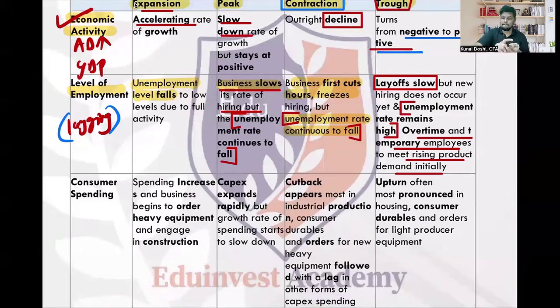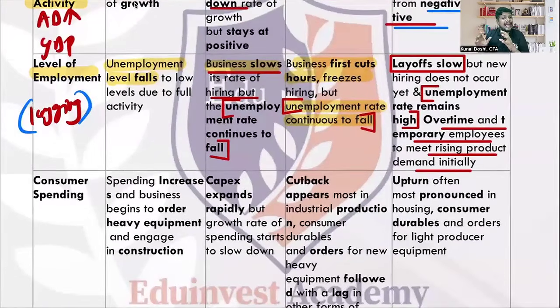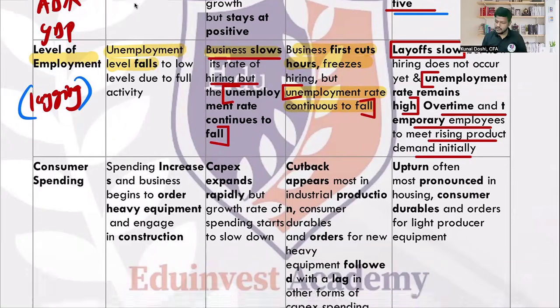So here, what happens at the bottom is where you are laying off. And even if you require employees, many of the employees are working at a temporary point. So unemployment is a lagging indicator, right? It will fall when the economy is growing, but when the economy shows signs of recession, the layoff point is at the bottom. However, it's a lagging indicator, so you will see its repercussion late. Even if the economy is contracting, unemployment doesn't immediately increase. It is still falling from the past.